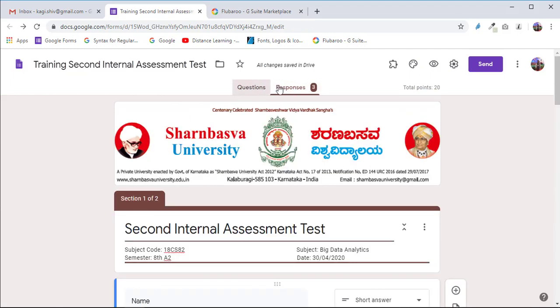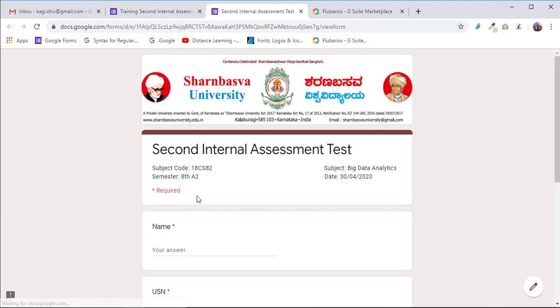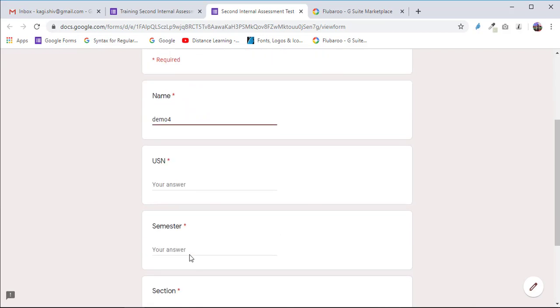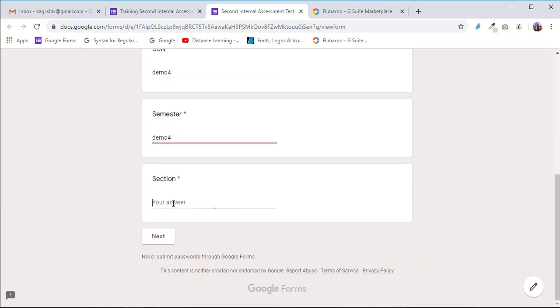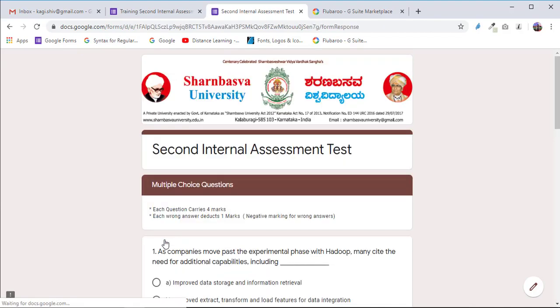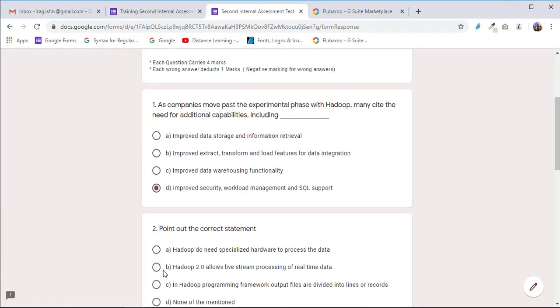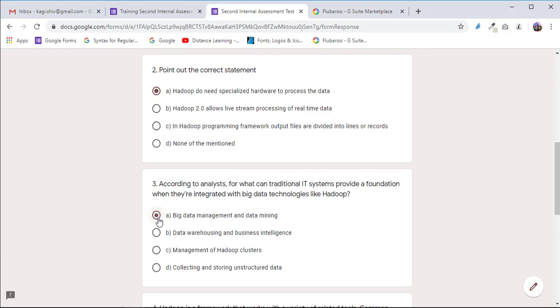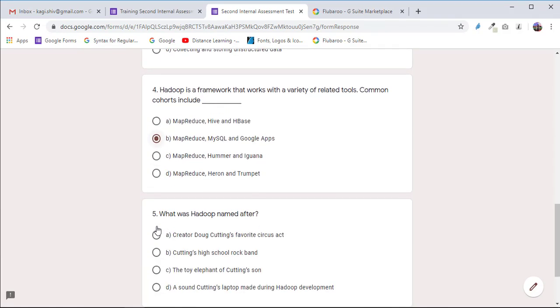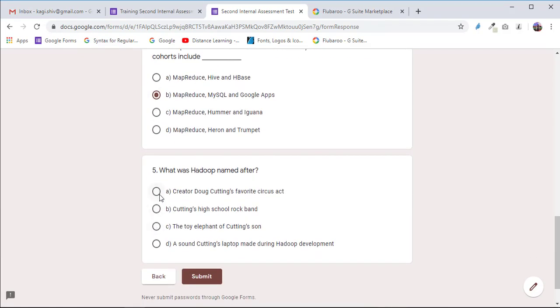So three responses. One more I will take, the last one. Demo 4. I will mark here the first answer, D. The second answer was B, I will mark it as A, and I will mark this as wrong, and I will leave this blank.